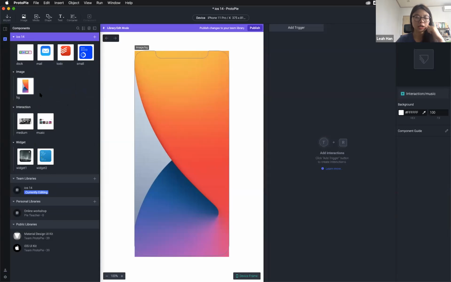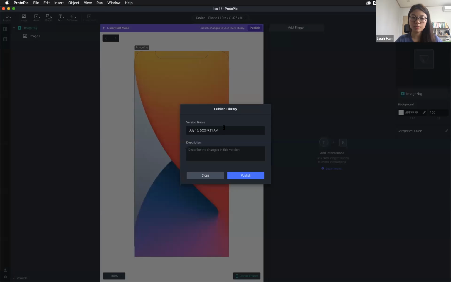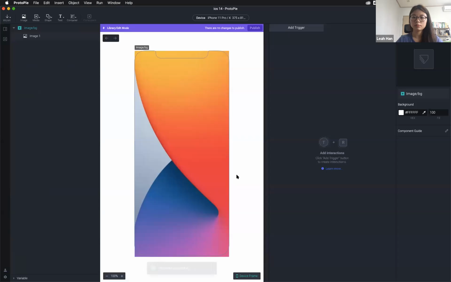And don't forget, if you want to share this structure with your team, you should click this publish button. So save it first. When you save it, it won't share to your team yet. It's just so you don't lose your data. That's why you save it. Now you need to publish it. So this is our second version. And what we changed is we grouped the components, published it. Then when we close it,